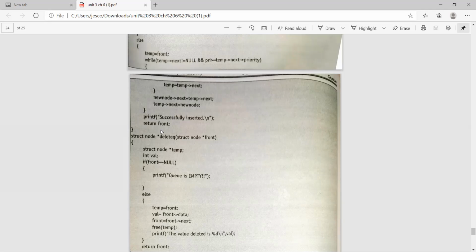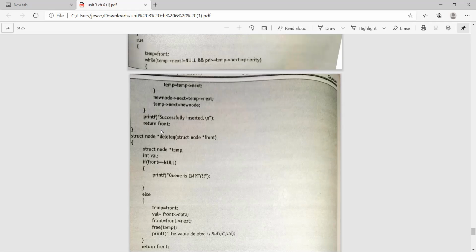Until it gets the null value, it has to travel. And if it gets a priority greater than the temp value, the maximum or the current variable which we have found,